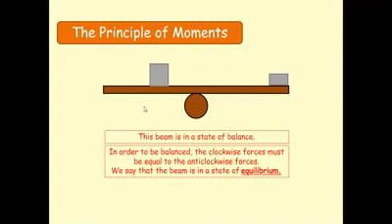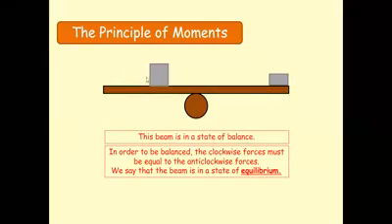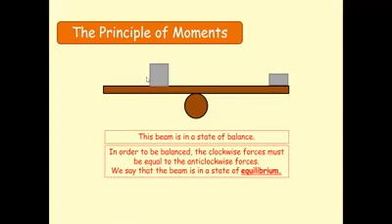In order to be balanced, the clockwise forces, that is the force acting here, must be equal to the anti-clockwise forces. This is the anti-clockwise force here. So if another force is applied to it here, maybe to make it balance, that means we have combined forces. Here we just have a larger force, and here we have a smaller force, and the beam is in a state of balance,